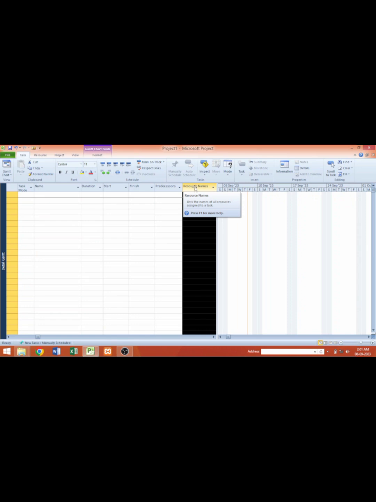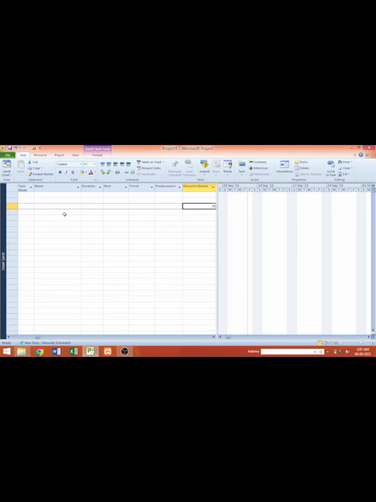Then I have resources here, resource columns, where I can add various resources to the tasks I'll be entering in the project. So before we go further, before we begin to enter our activities, it is very important to set your project. So what we'll be doing now, we're going to set our project to various data that we'll be using. So I'll go up here and click project